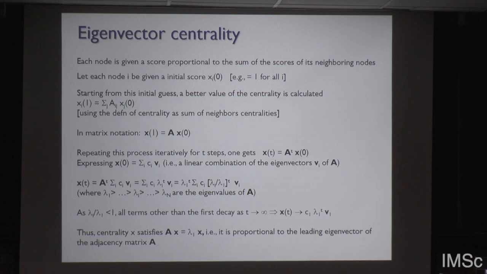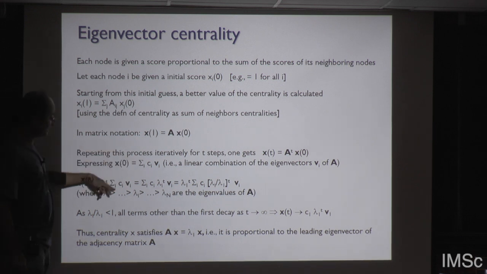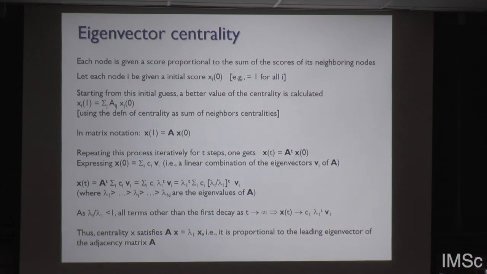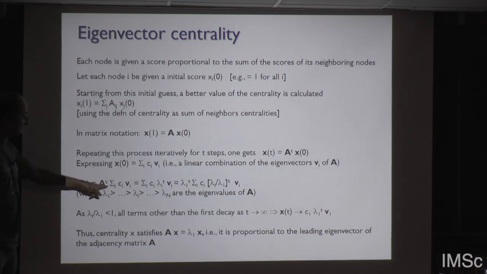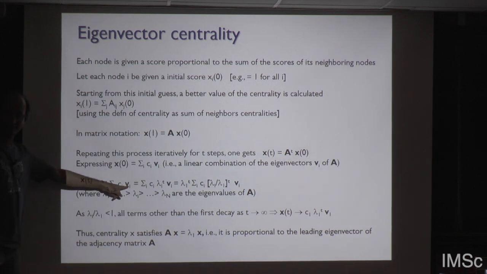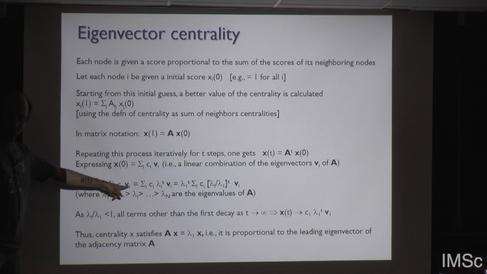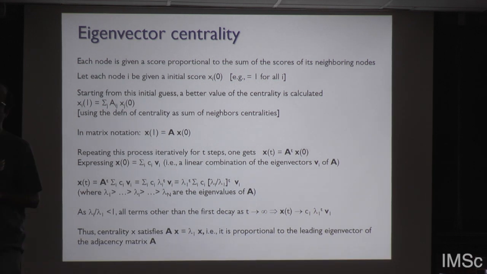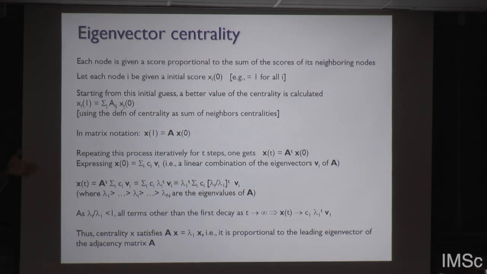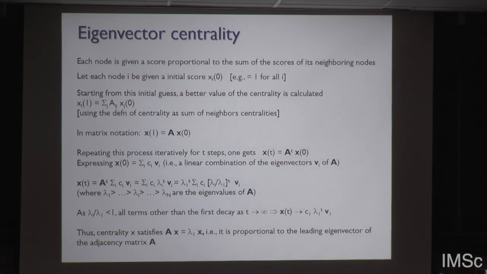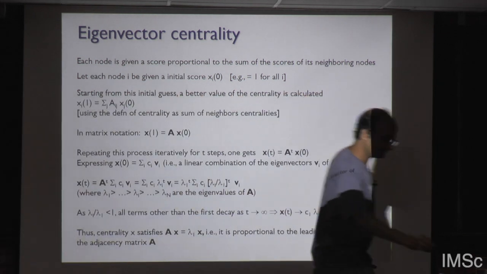Up to this point I'm just using this representation. But at this point you realize that this is nothing but an operator operating on its eigenvector. And as we know from linear algebra 101, a matrix multiplied with its eigenvector gives what? The eigenvalue times the eigenvector, right? That's in some sense the definition of